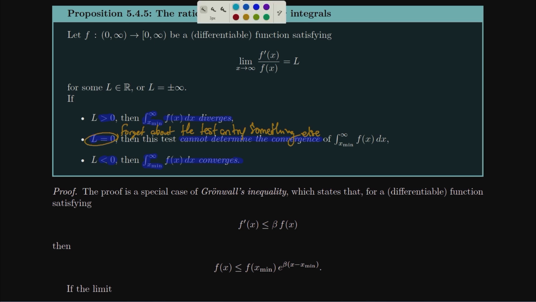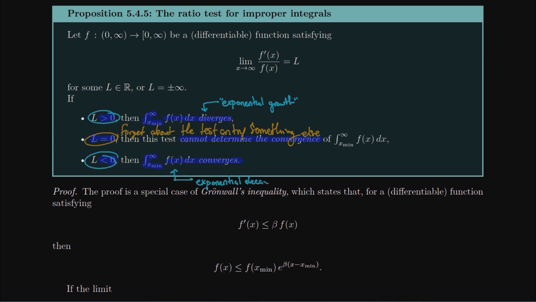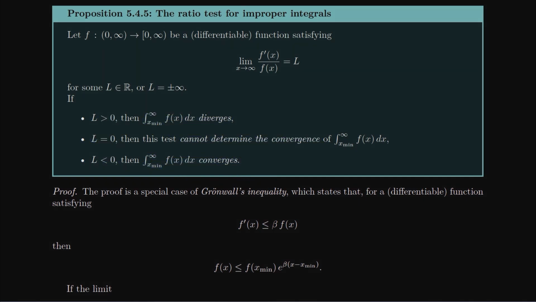Really, when you work through the proof, which we won't here, what you see is when L is greater than 0, then f behaves kind of like exponential growth. And of course, something that's exponentially growing should not have finite area out at infinity. You find out when it's negative, it behaves like exponential decay. And something which has exponential decay probably should have finite area out at infinity. So when it's equal to 0, then you have neither growth nor decay, which is why this can't really tell you much. I mean, you may have growth and or decay, it's just not exponential. Exponential is a very strong version of growth or decay. So the 0 case we can't worry about.